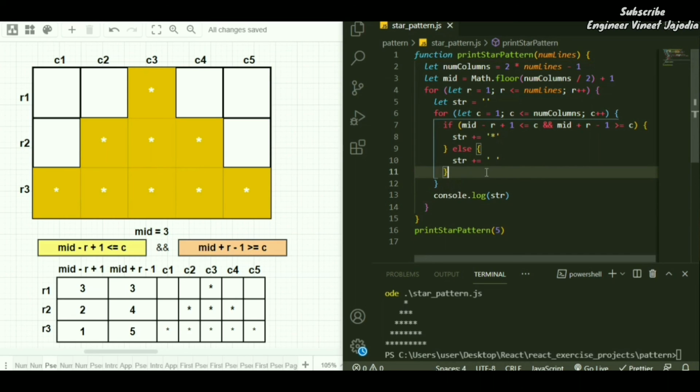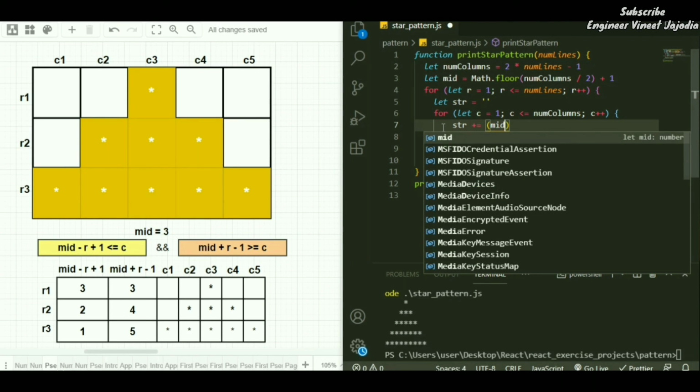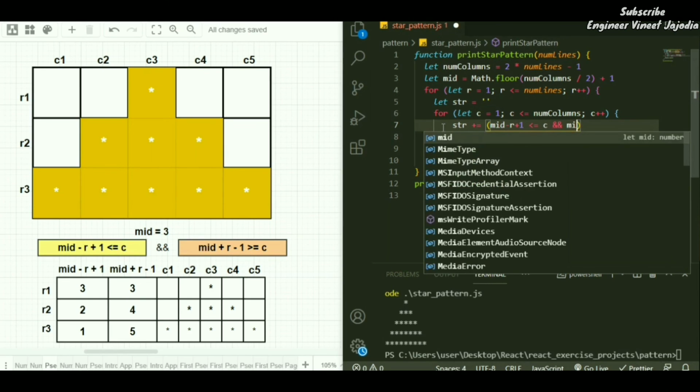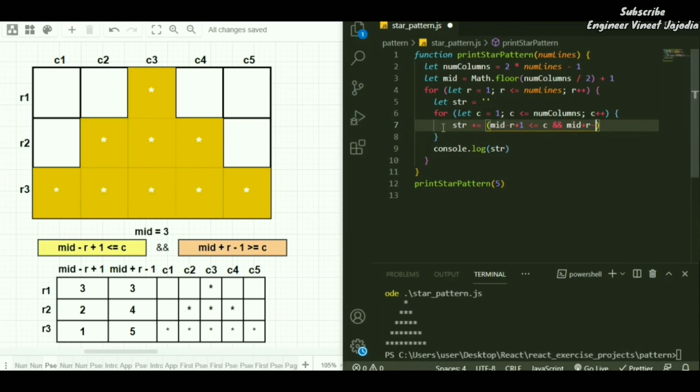So we are going to remove this whole if else condition and replace it with a ternary operator. How? Put str, use compound assignment, and check the condition: mid minus r plus 1 is less than or equal to c and mid plus r minus 1 is greater than or equal to c.